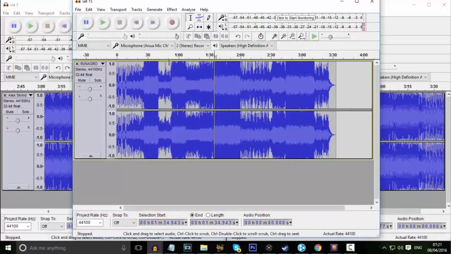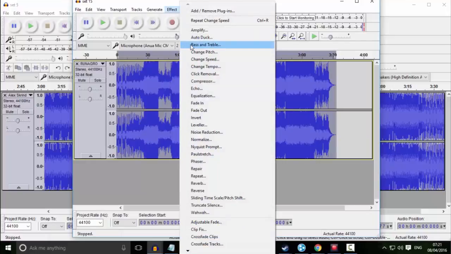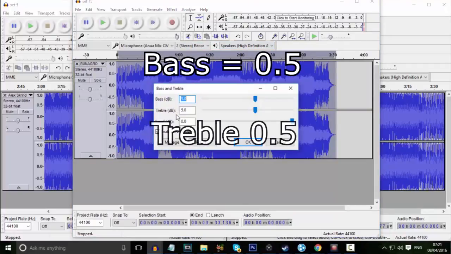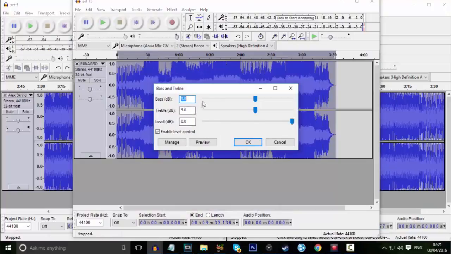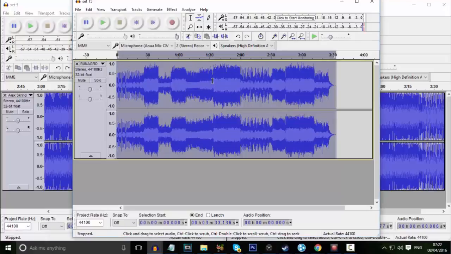Now, next thing is, if you like bass, and I'm going to be doing it with all of these, but if you like bass, and if you're like me, and you like bass with the music, but not too much, then go over to bass and treble, and make sure that bass is 5, and treble is 5 and volume is 0. Now what that will do is give a little bit of a boost, not too much to the point where it's unbearable to hear, but manageable to the point where you can hear it while you have some bass and treble in it. So let's just press OK. So now what that'll do is crunch it a bit, so when you play it now,